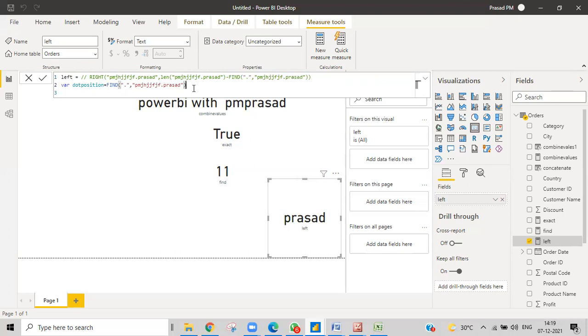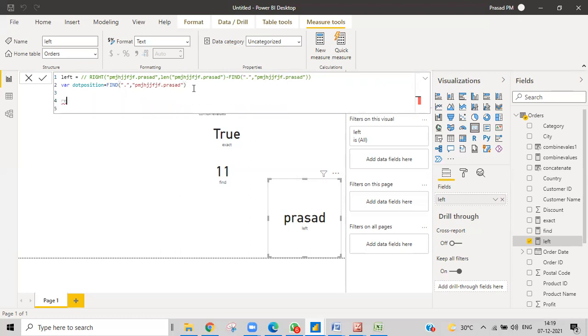Whenever you write variables, obviously you need to write return. That is the syntax of that particular variable. Whenever you write variables, you need to return, and then you need to give an output. Return is like showing the output. So here we'll give whatever we need. I gave this variable over here, so it will give the dot position. Only this part I have taken from this code, and I try to show you what it is giving, the dot part.